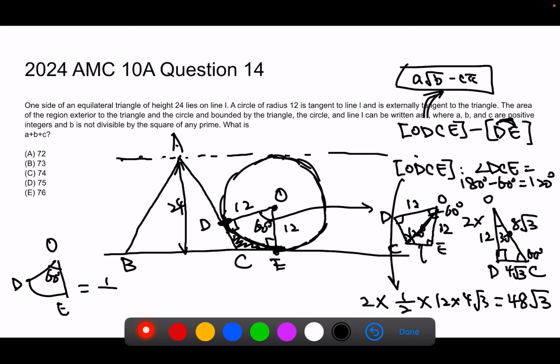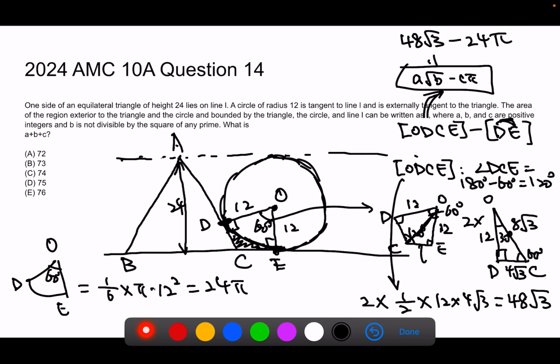So that's 1/6 times pi times r squared, 12 squared, which you can find is equal to 24 pi. And the area here is going to be 48 root 3 minus 24 pi,